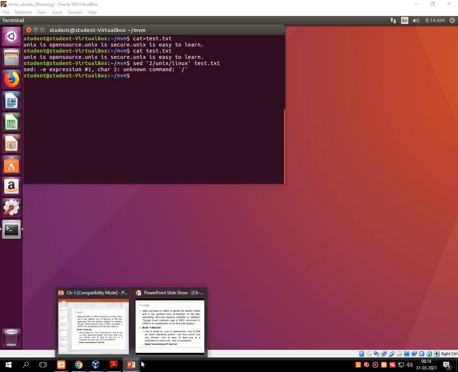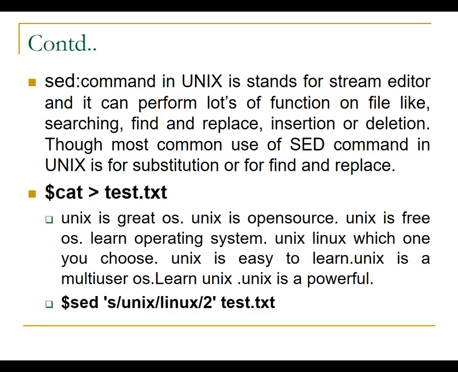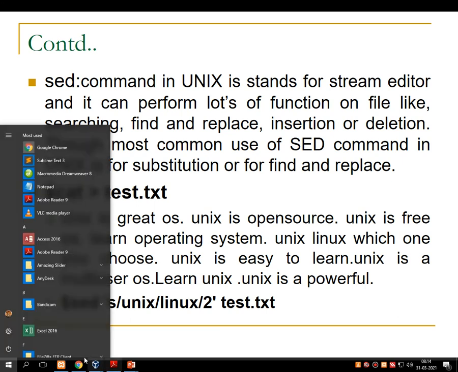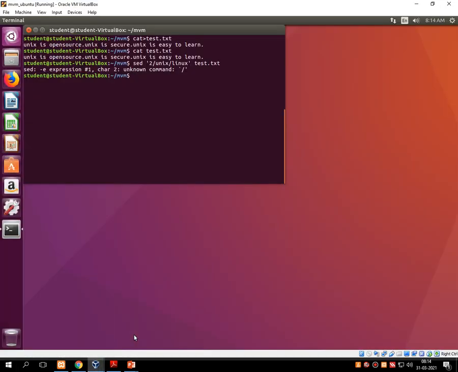Something is missing, let's check the syntax. Okay, my first one is s and then 2, so let's change this 2 with s, and then at last add /2.